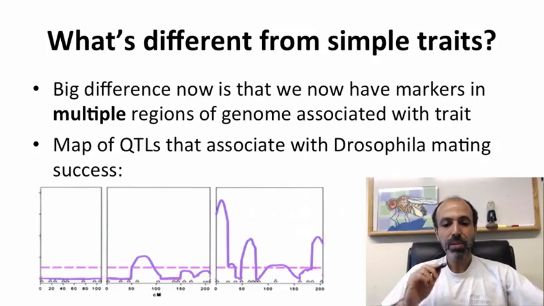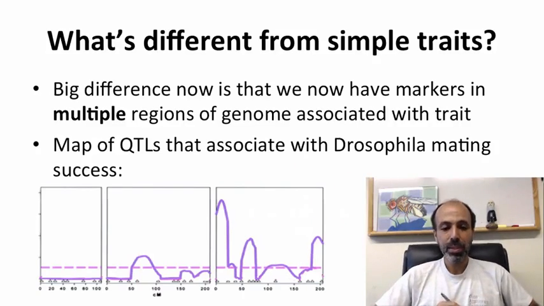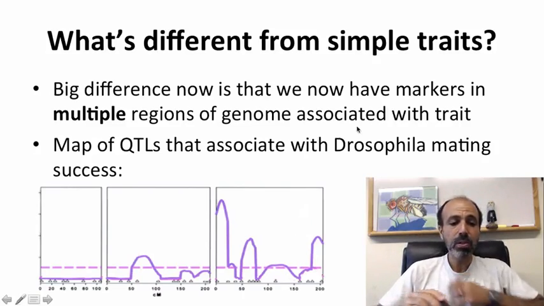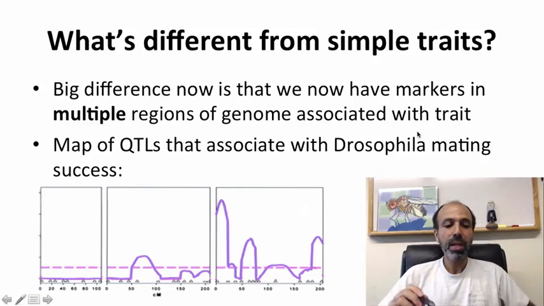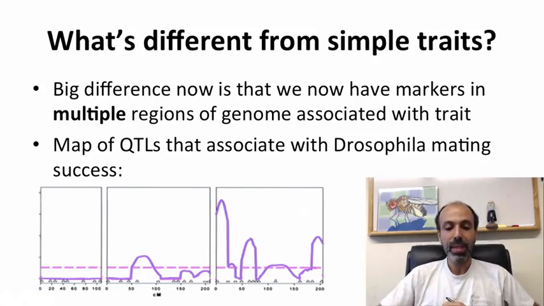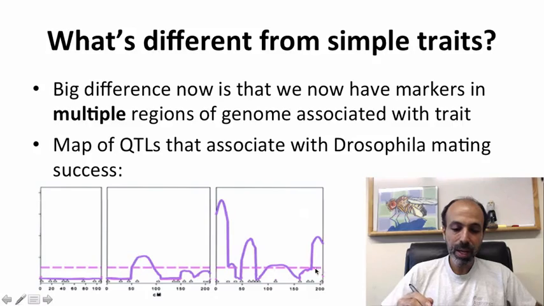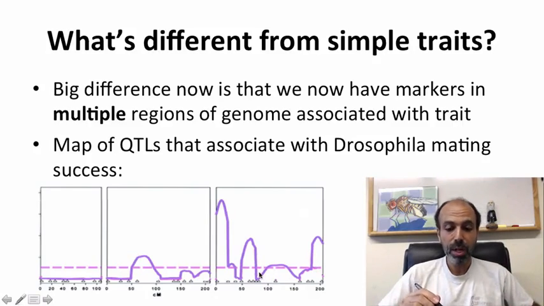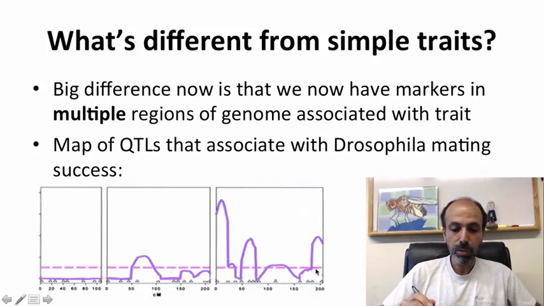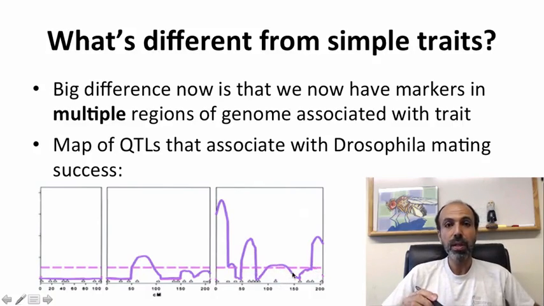So how is this different from when we were mapping simple traits? Well, the big difference now is that we're looking at markers in multiple regions of the genome associated with the trait, and a lot of them are explaining it. So this picture here is from a map of QTLs that are associated with Drosophila mating success. As you can see, there's a lot of these little peaks. This is the same sort of LOD plot as I just showed you. So here, this is the X chromosome, second chromosome, third chromosome. There's 3 different places on the third chromosome, at least, maybe a fourth, that are associated with variation in mating